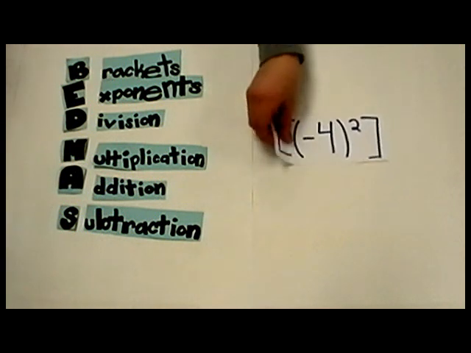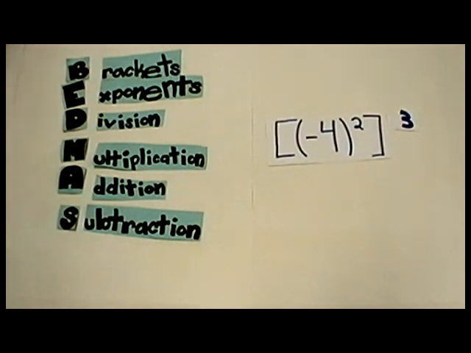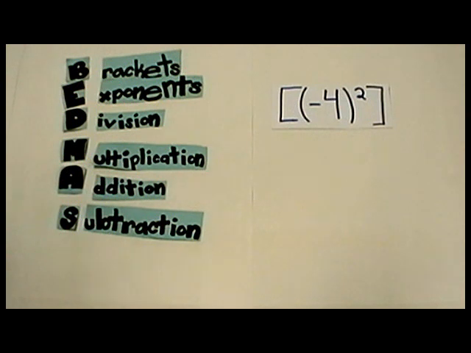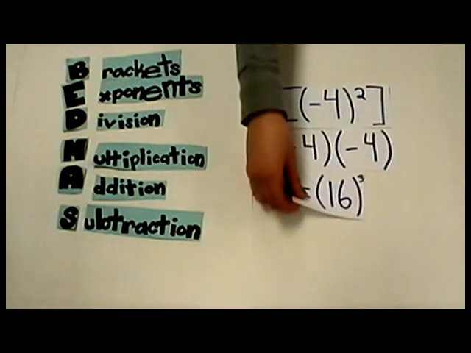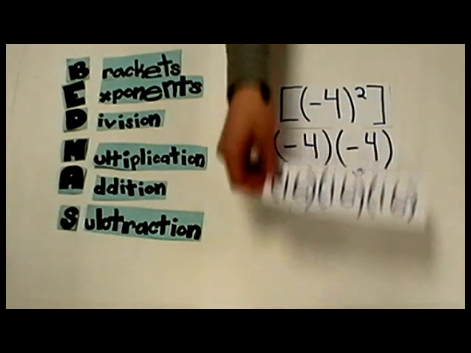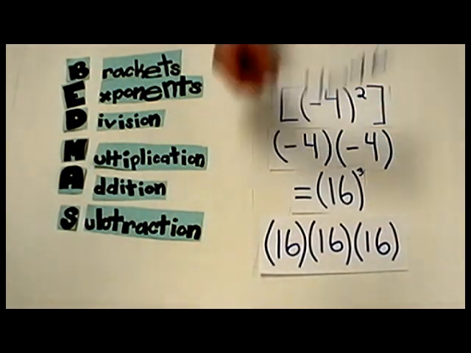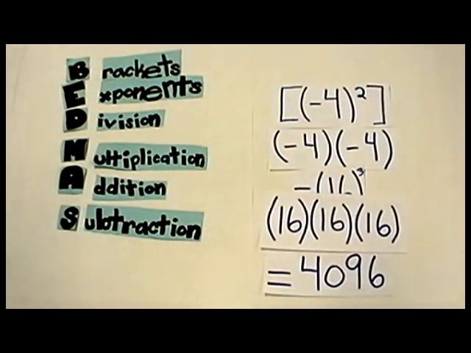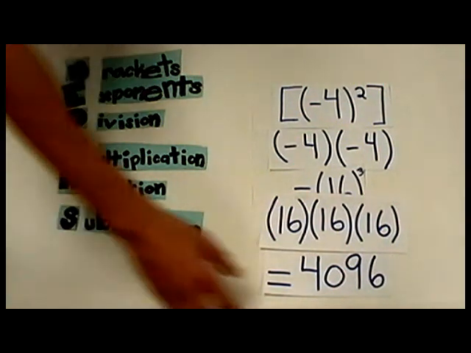Now with the third equation, which is this power, again you're going to want to start with the power in the brackets, which would be negative 4 to the power of 2, and this would equal negative 4 times negative 4, which equals 16. Now since you've done everything in the brackets, you take the 3 from the outside of the brackets and put it over, which looks like 16 to the power of 3. This equals 16 times 16 times 16, which equals 4,096. And now you know how to do exponent law for power of a power.